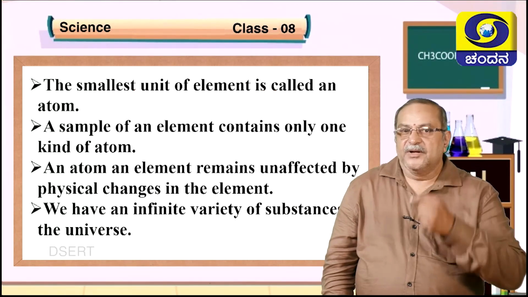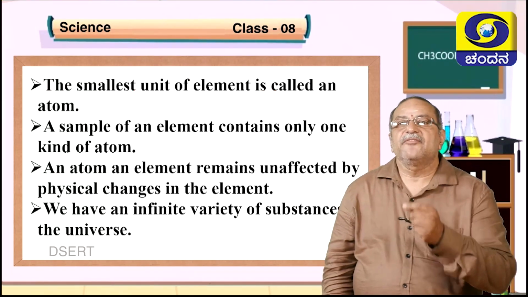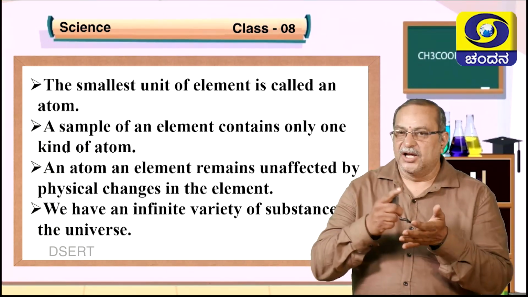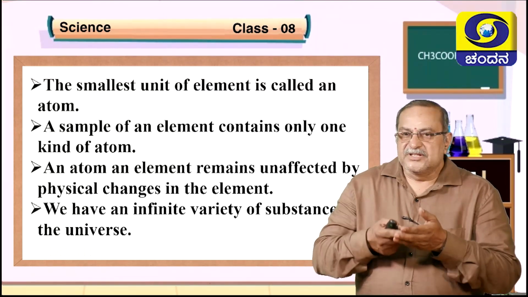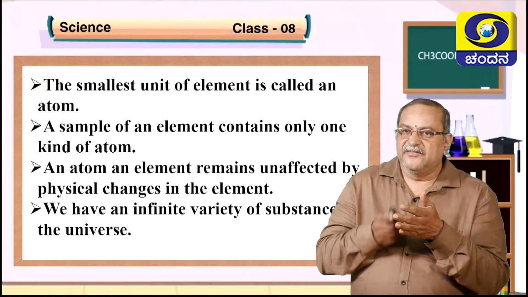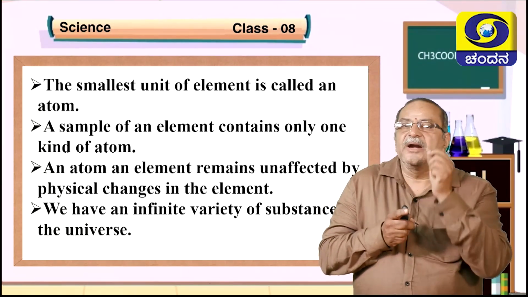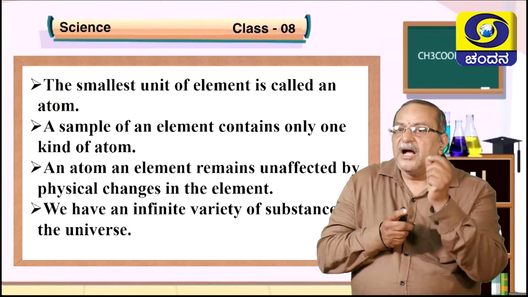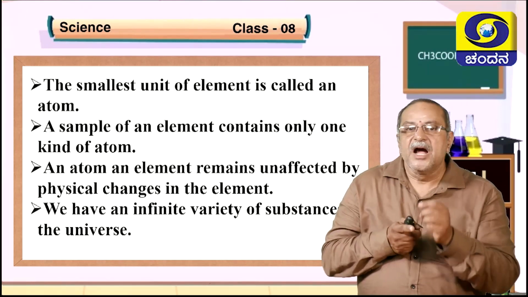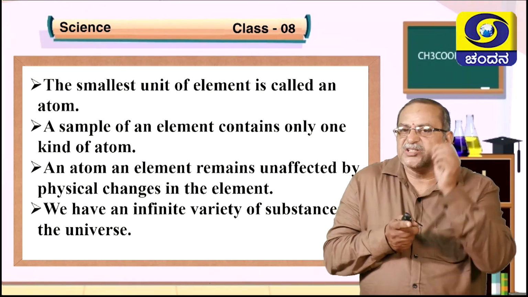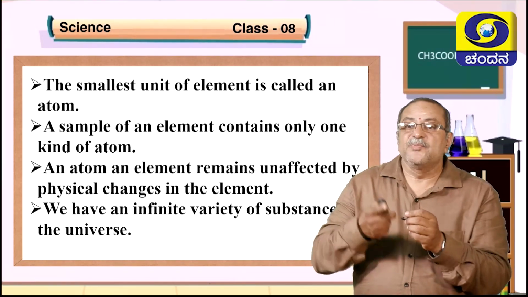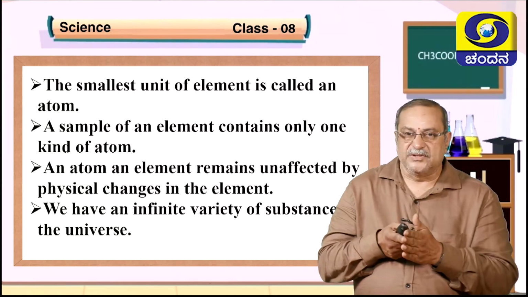Okay, I already told that the smallest unit of an element is called an atom. When you take any material, gold, iron, silver, anything which is made up of the same type of atoms, the smallest particle, go on dividing, cutting it. A very small particle, that particle will be the atom. Molecules, further if you divide a molecule, we are going to get atoms. So atom is the smallest particle of an element, whereas molecule is the smallest particle of a compound.